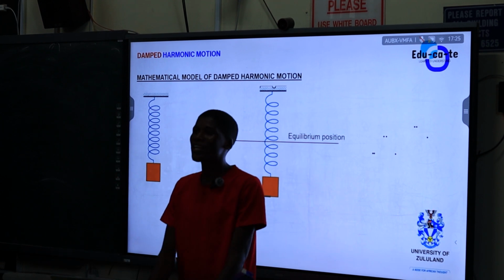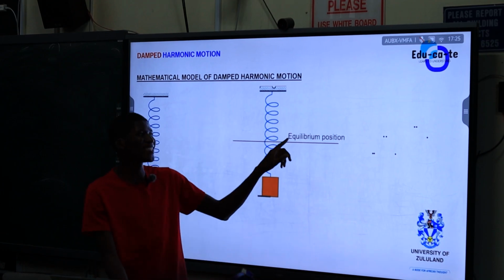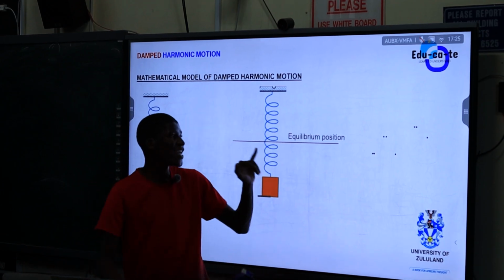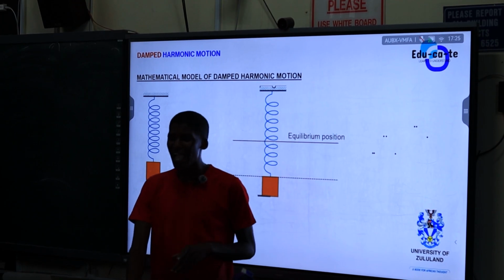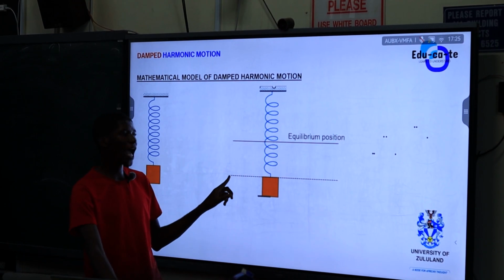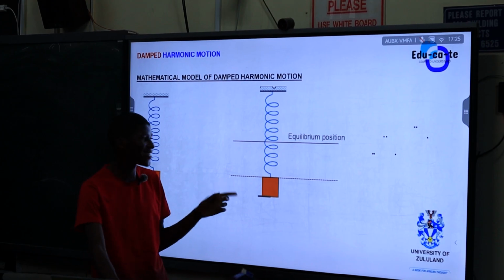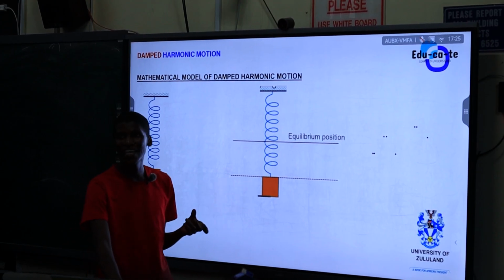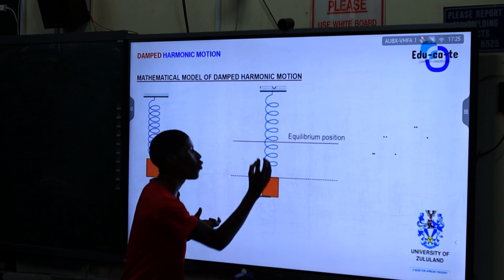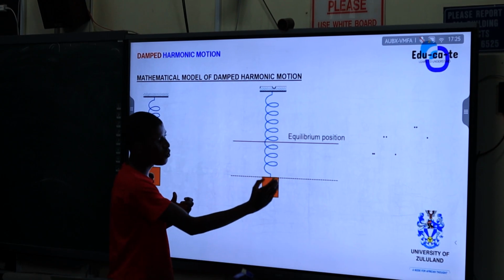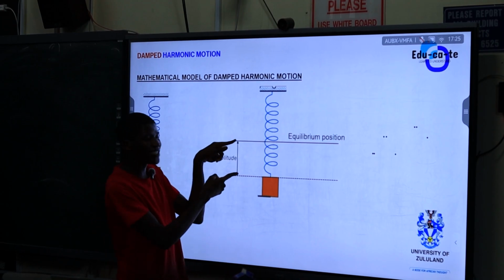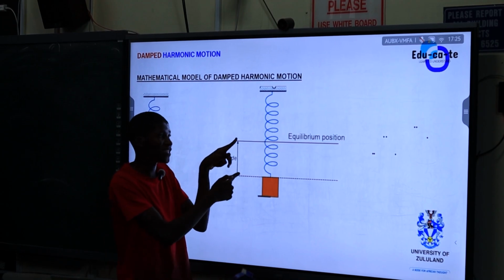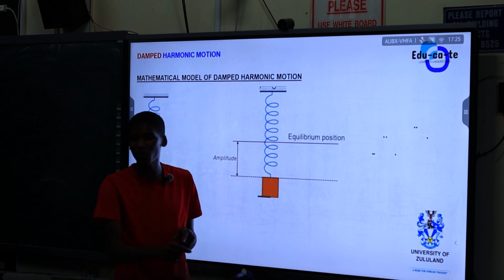But now I froze the animation so that you can try to put some maths. So the first thing I'm going to define is the equilibrium position, which is x equals 0. And then we're going to start with this amplitude, the maximum amplitude. When we stretch this, or when we pulled this block, we pulled it to this amplitude. So we can say we're having an amplitude here. That's the maximum displacement from the equilibrium position.